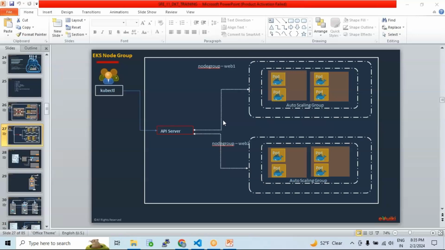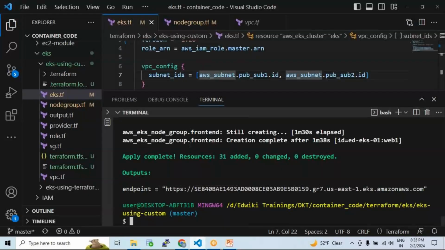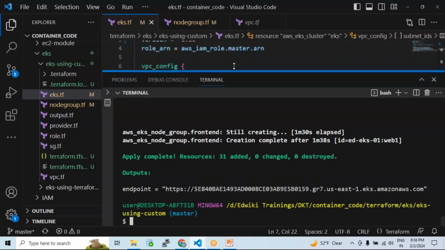We are deploying the EKS cluster using Terraform. Now we can connect with the API server to manage your application deployments, right? So if you have any specific questions, do let me know, right? If I go back to my Visual Studio Code, I can see that the EKS cluster is currently deployed, right? And I'm getting my API server endpoint as well that AWS has provided, correct? So now